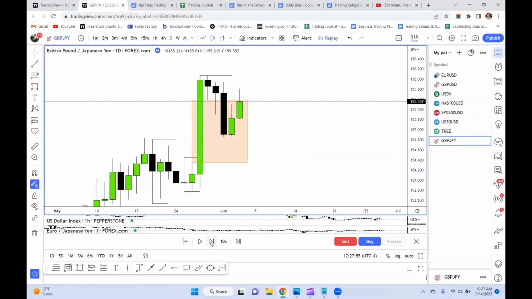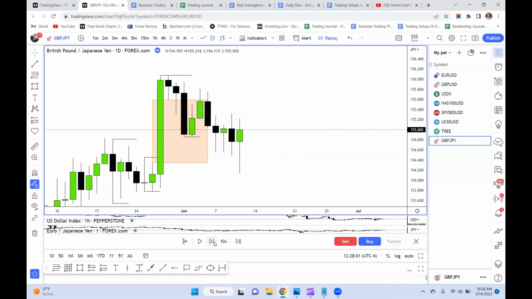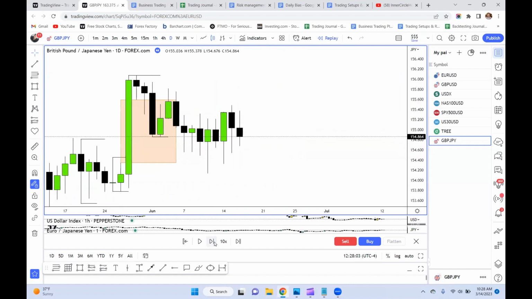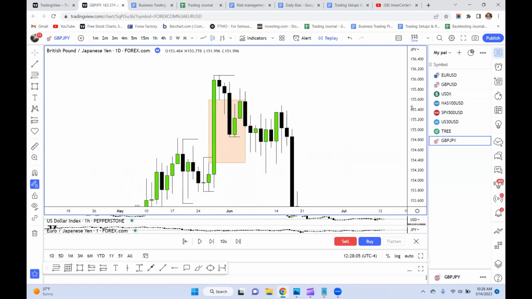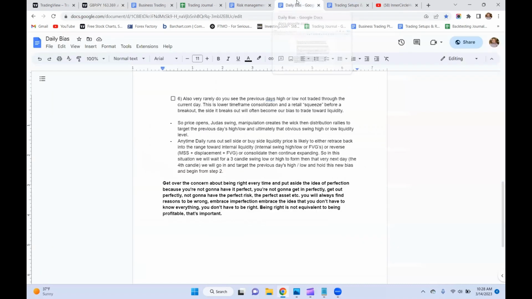Beautiful. And now we could potentially see it take out these highs right here. Let me just play it out. Came back into the fair value gap. Nope, it went all the way back down. And you know what? I'm going to end this video off right there because I know it's already long, but